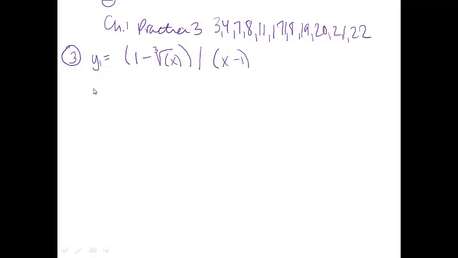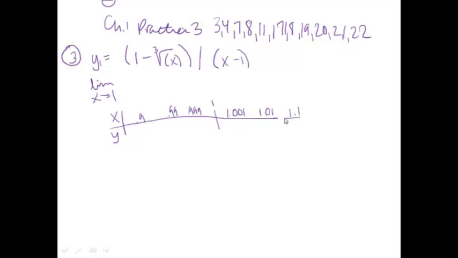We need to find the limit as x approaches 1. So I know I need to make myself a table. I'm going to put 1 in the middle here, and I know that I need to approach it from both sides. So I'm going to put 0.999, 0.99, 0.9, and then going the other way, I'll have 1.001, 1.01, and 1.1. If I go to the table feature of my calculator, it's just second graph, and type in 0.9,